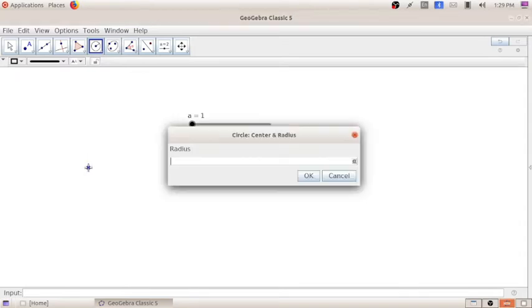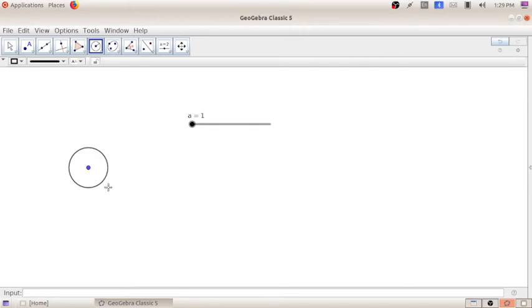Mark a point here. It will ask for the radius. I already said the radius is equal to A, so we type A here. Click on OK. You can see the circle with 1 unit radius because A is equal to 1 here.